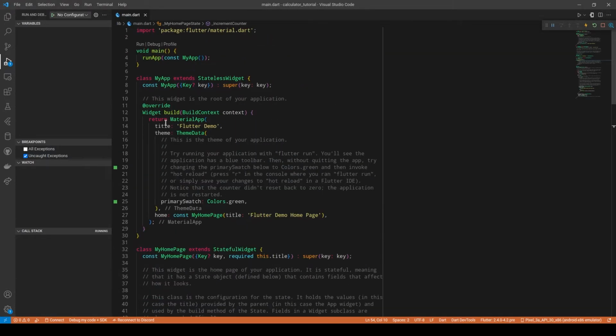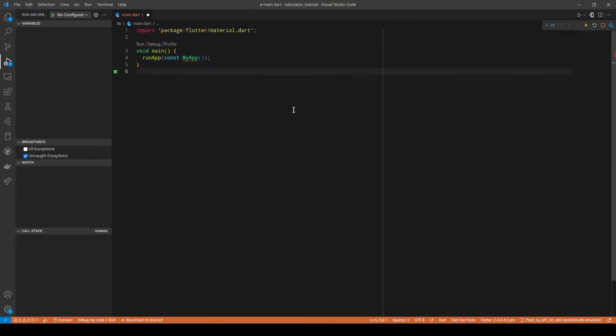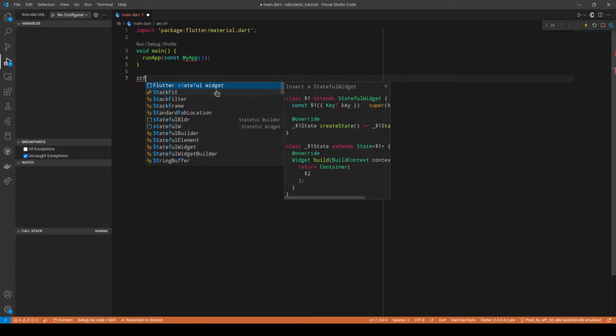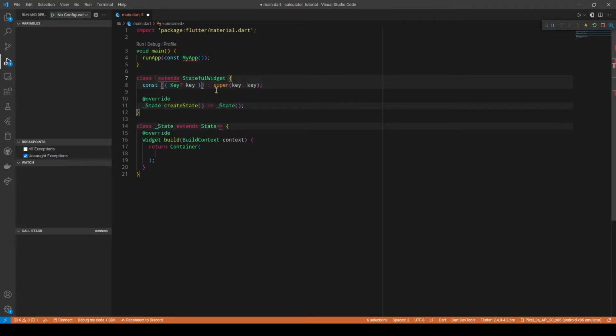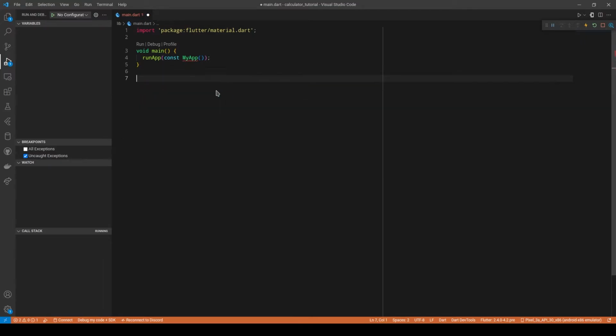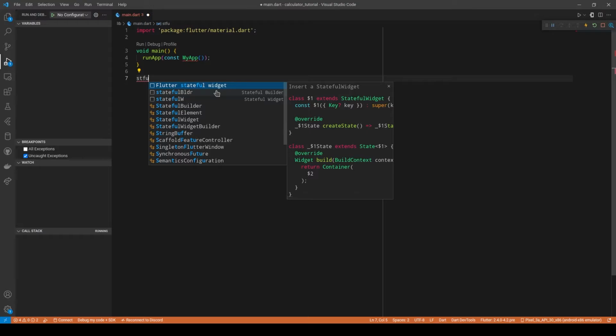Okay, so now we're gonna get started with actually creating the calculator app. To start off with, I'm just gonna delete everything that's been given to us in the boilerplate code, and I'm gonna start creating my own class. So let's start with Stateful Widget, and let's call it calculator, right? And if you notice, what I did here just now was I typed stfu, and that shows